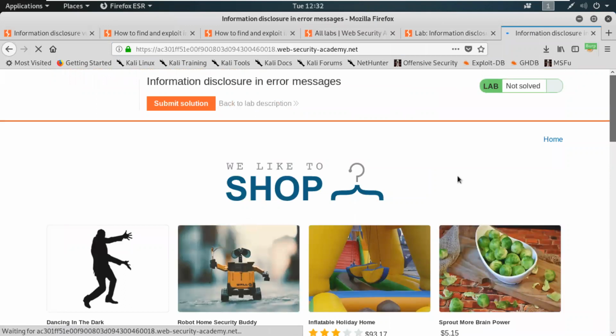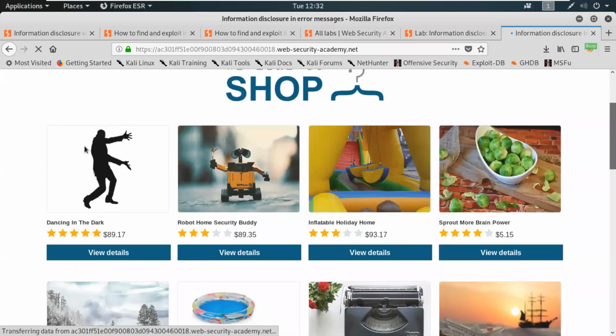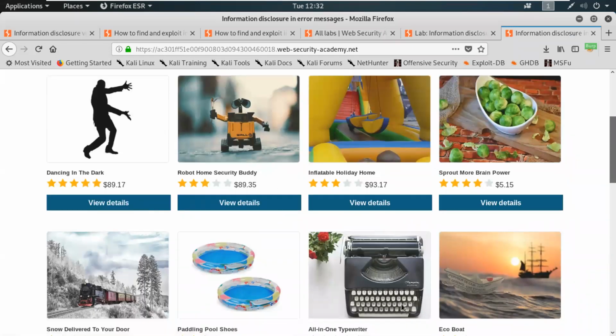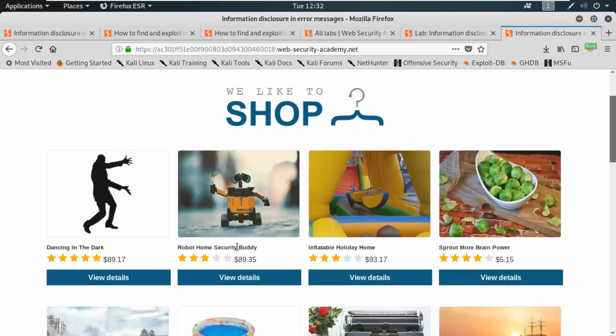What we have here is a normal shopping website, and we can see some categories defined. The major part is that we can see some items. Let's try the robot home security one, which is our Wally. So let's see.